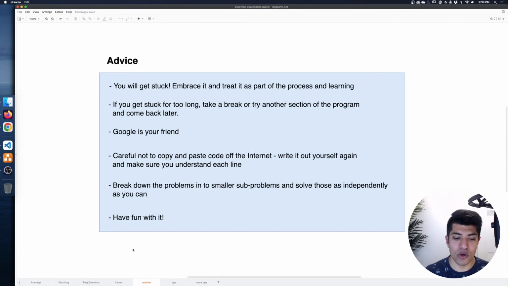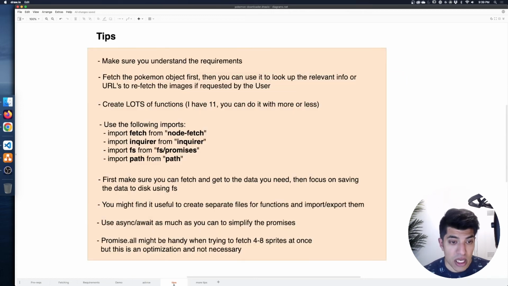Okay, so now it's a time where I'll tell you that I'm actually going to go to some project-specific tips. So if you don't want to see those tips, then you can stop the video and work on this yourself and maybe watch this after you've taken a look or if you get stuck. Okay, so for the tips,